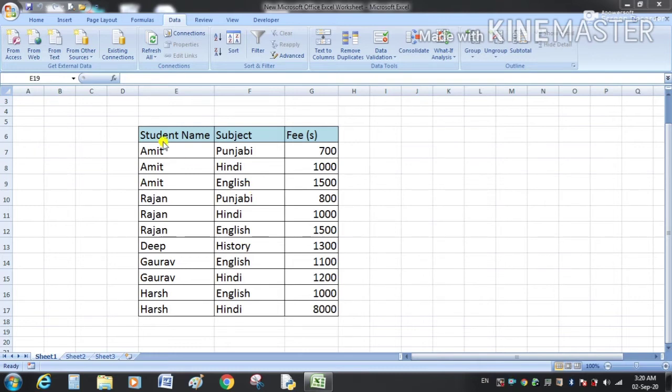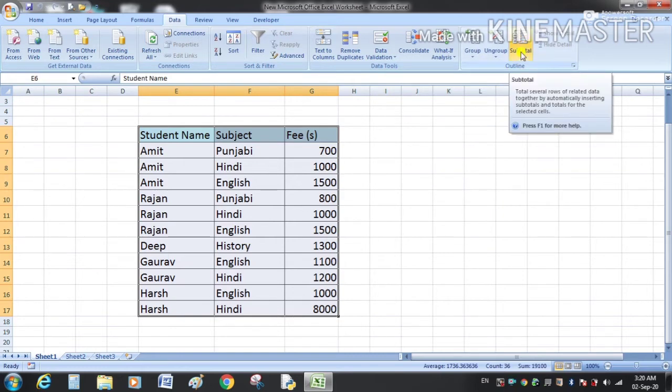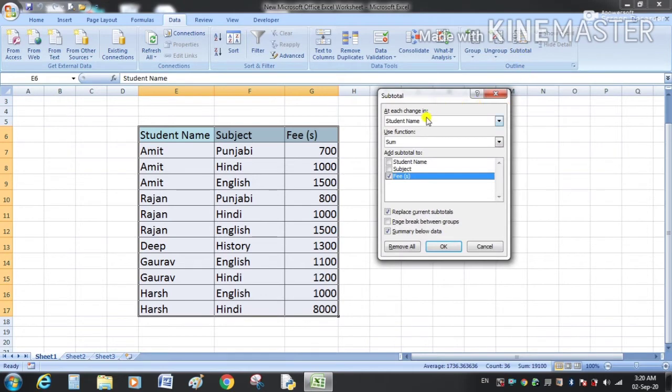For that, select the entire table, go to subtotal, and click here. In this text box, at each change in, you will see all the column names: student name, subject, and fee.